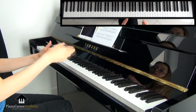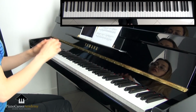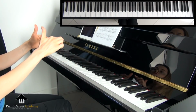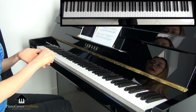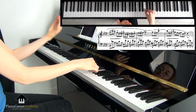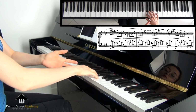Another little tip that is not directly connected to your question, but it is very important. Intonation is crucial in playing Chopin. And when we talk about intonation, we have to pay special attention to any wide intervals that we have. For example, here we have a chromatic scale, and it will be intoned in a different manner than a wider